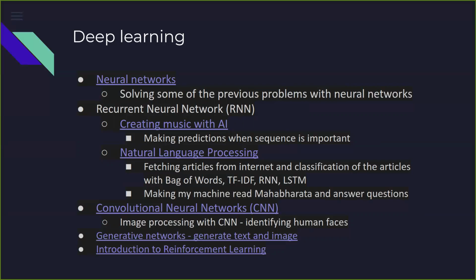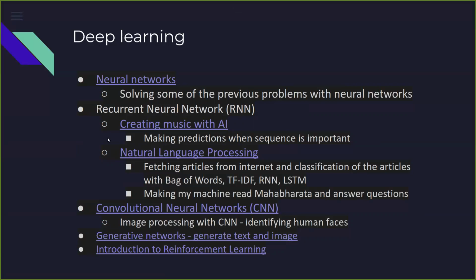In the neural network, the first thing we will try to do is solve the problems that we have solved earlier with the help of the neural network. So the earlier housing problem, the Iris data, or the digit recognition, all these things we'll try to solve with the neural network so that we get a grasp on deep learning. And then we'll take up some interesting things.